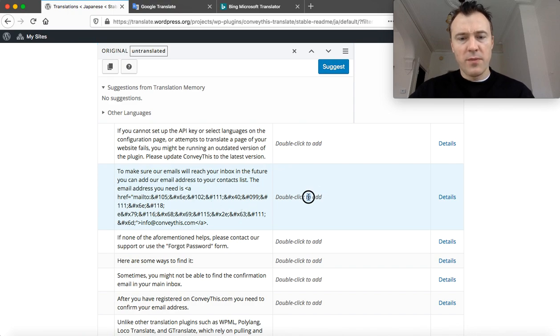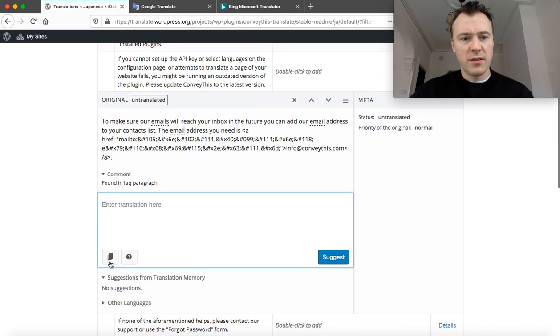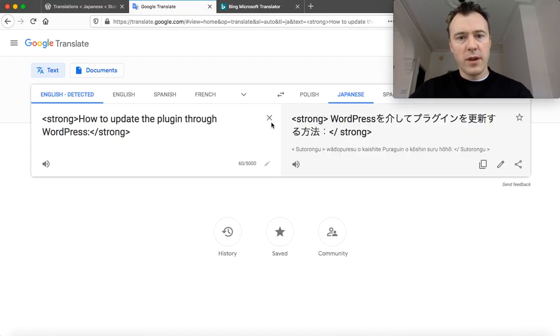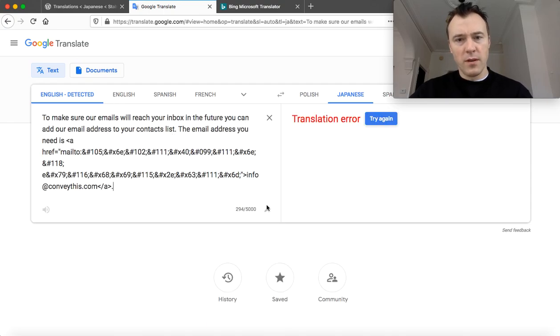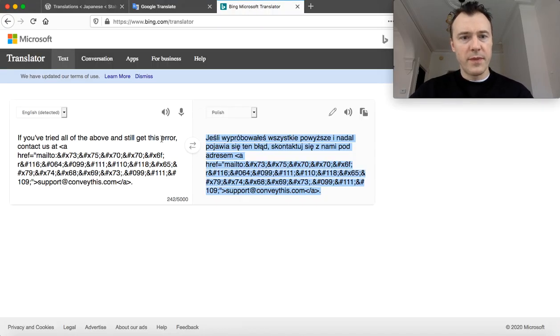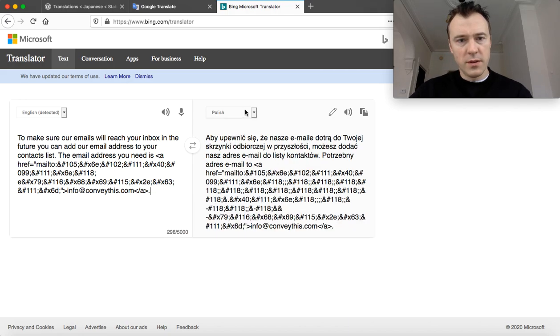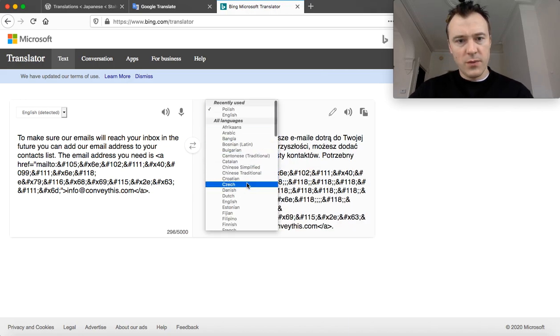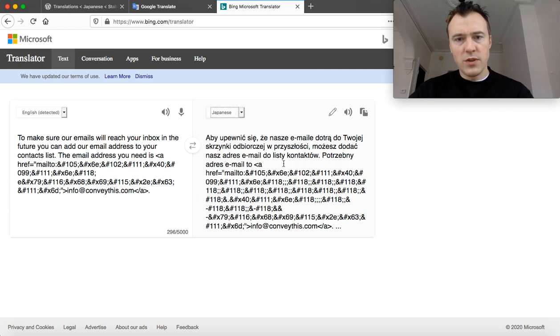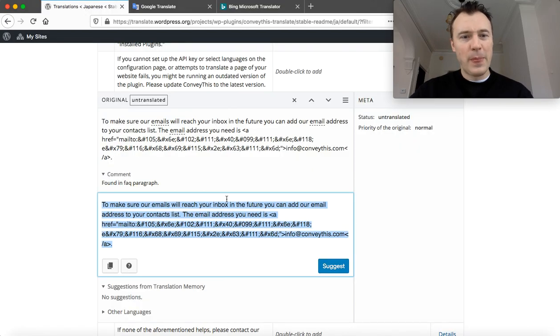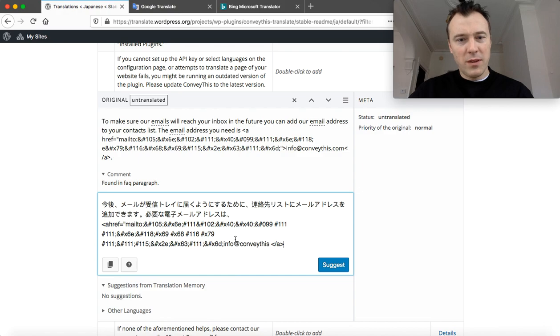This one, for example, has special characters for the email. You go again to Google, translation error, let's go to Bing. Bing translates this to Japanese in its own way. So we copy and paste it, but now